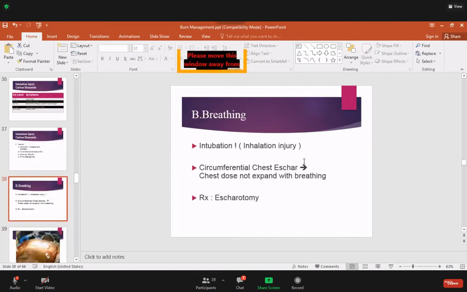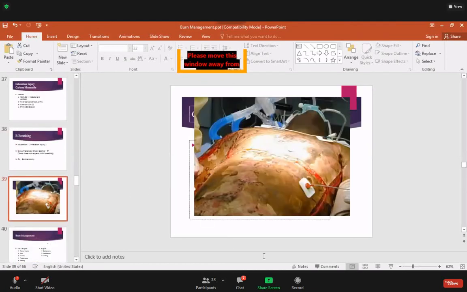Okay, for breathing, inhalational injury patients should be intubated. There is another term, I think you have covered it in level 10 also, a patient who has circumferential burns. What are circumferential burns? Burns that involve the whole hand, the whole chest, anterior and posterior, or the whole legs, anterior and posterior. When the whole circumference of an area is burned,